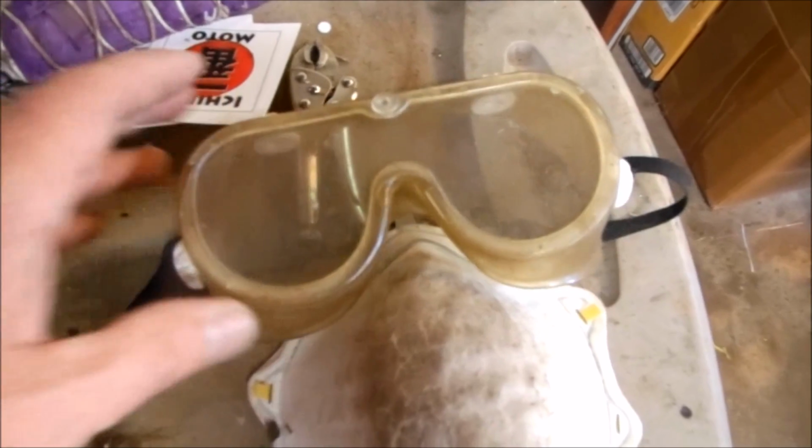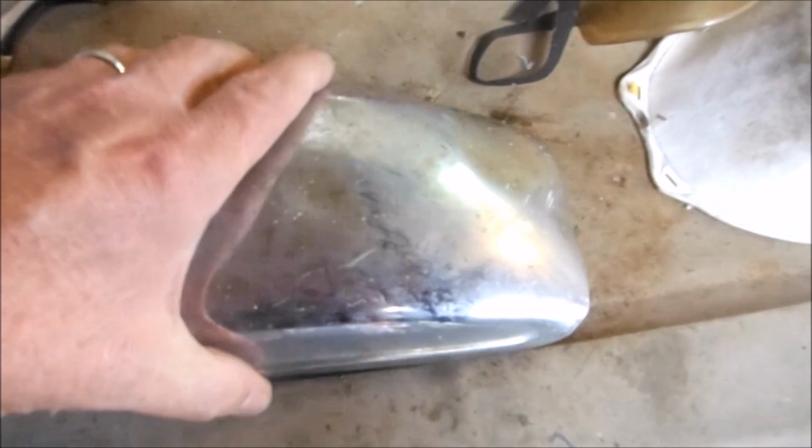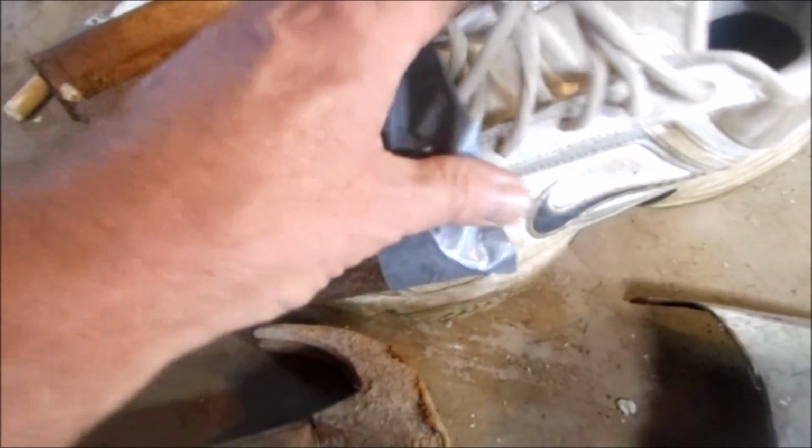For customers and visitors at the shop, we have plenty of goggles and masks to loan out to everybody. But because steel toes are now required, I've collected up quite a few pieces of fenders that I bobbed off, and using those with some assembly tape, we can convert your shoes to steel toes, and then we'll be in